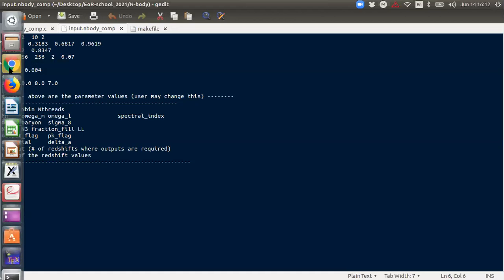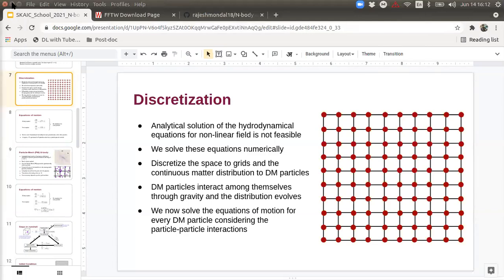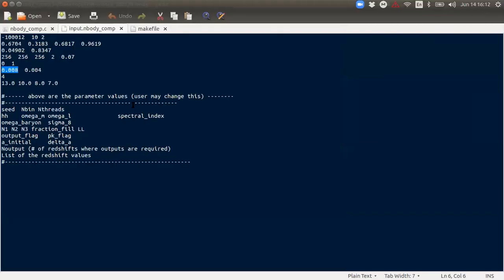Abhinash, yes. I have a question. Can I know again why you keep the fraction fill as 2? What is the reason? There is some Nyquist sampling issue. If we keep it at 1, there is some problem with the Nyquist thing. Actually, I don't remember exactly, but if you plot the initial file, the initial particle.